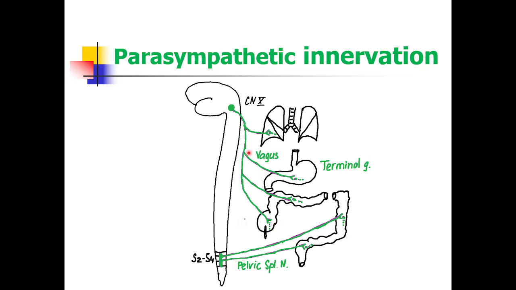So guys, on this diagram, I locate for you the parasympathetic nucleus of vagus. We named it the dorsal motor nucleus of vagus. Guys, it is located in the medulla oblongata in the brain. And those are my preganglionic parasympathetic neurons. Then I start the vagus from them. So those are my preganglionic parasympathetic fibers.